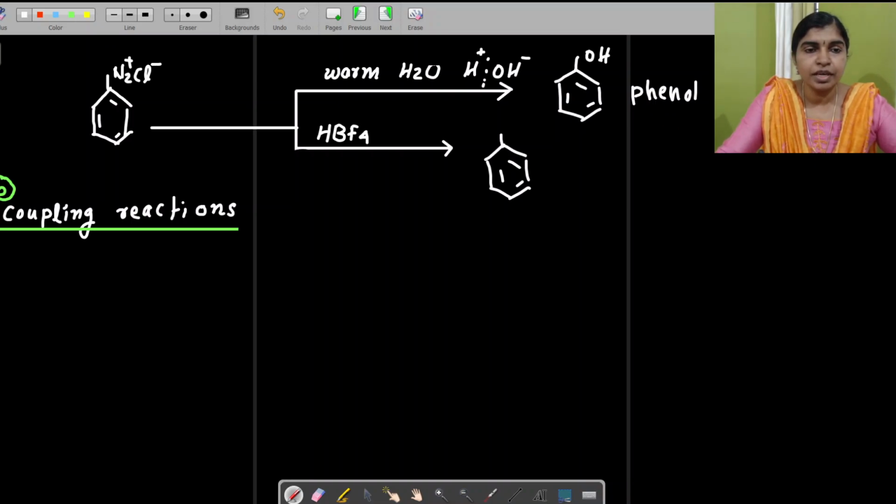But first it reacts with N2Cl, it forms N2BF4, that is N2 plus and BF4 minus. And in the second stage, if there is addition of the sodium nitrite,